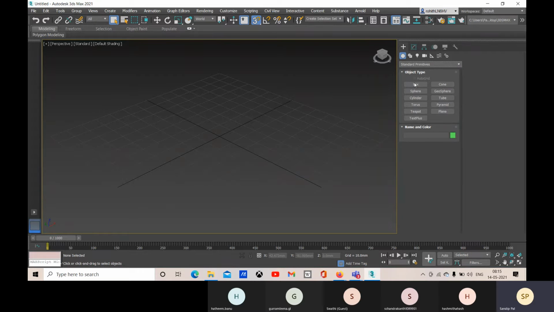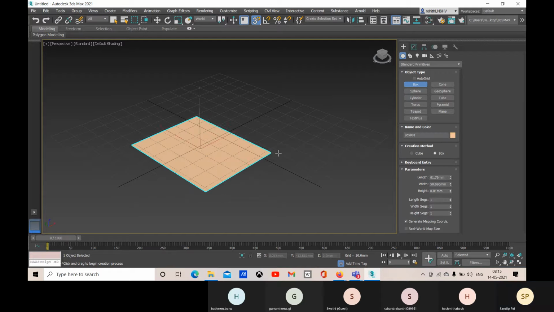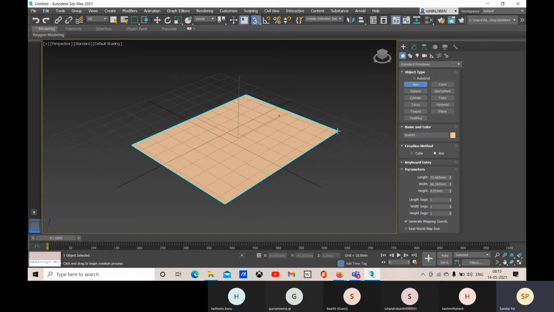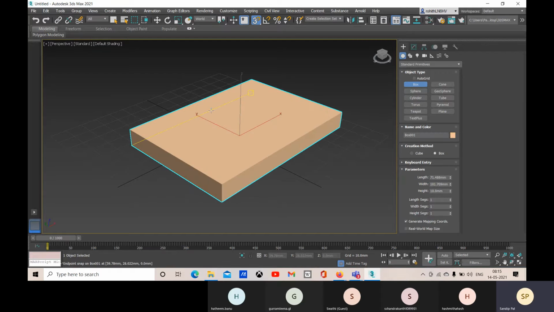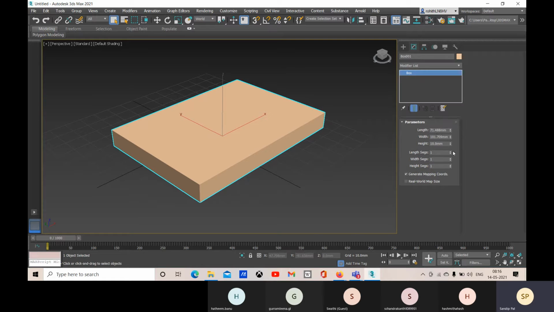So first I will go with the standard primitives, and here let's go with this box. I'm going to create a normal box now. And later I will change the parameters.